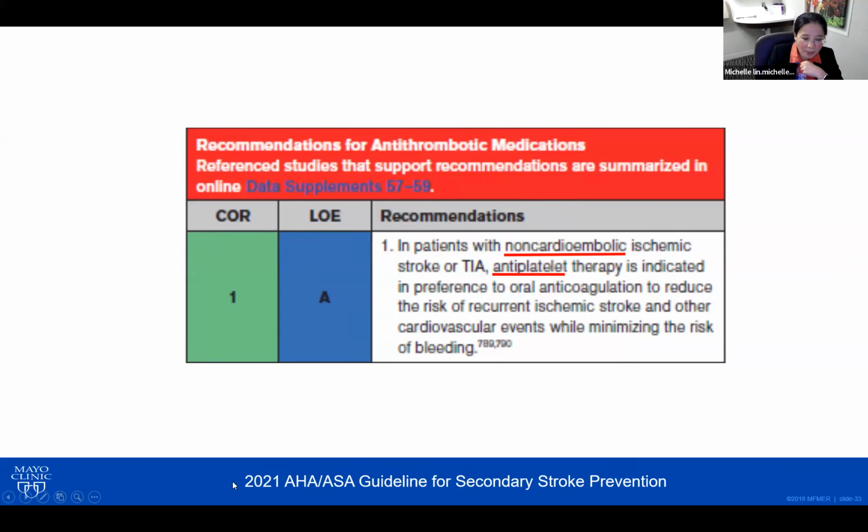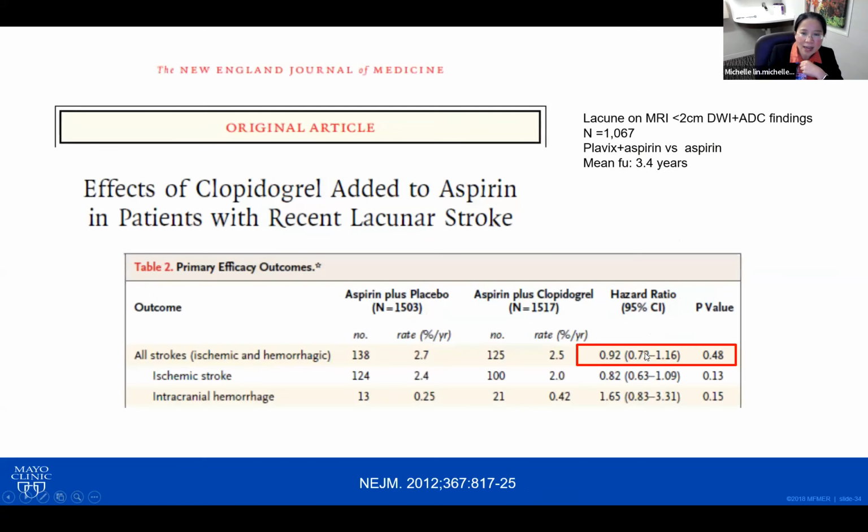Just several months ago, the 2021 secondary stroke prevention guideline finally came out. It says that those with non-cardioembolic stroke need to be on some sort of antiplatelet agent. And unfortunately, how we treat lacunar small vessel disease stroke is really quite limited. This is an old study by now, from 2012, but still the only randomized clinical trial right now, really,